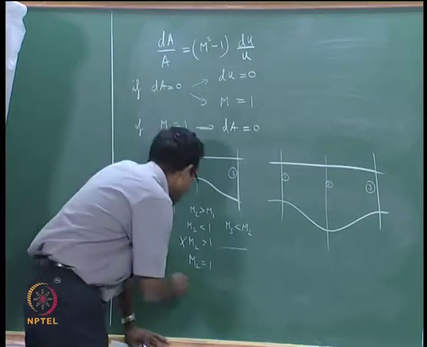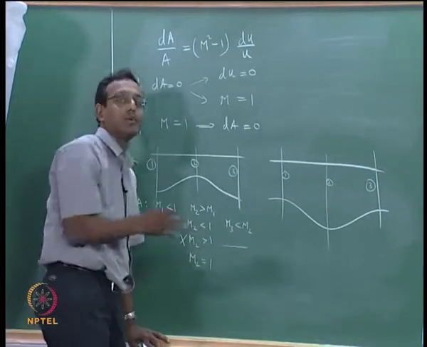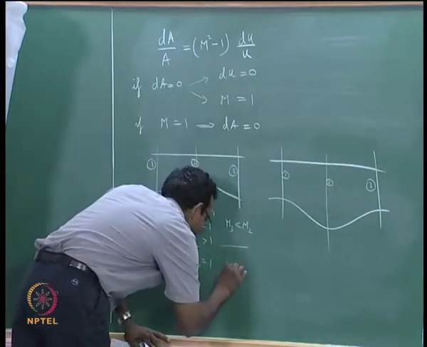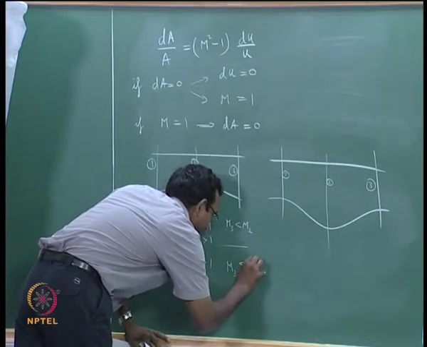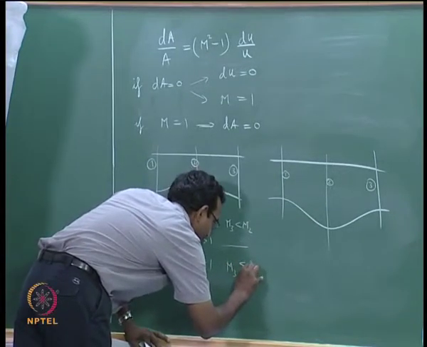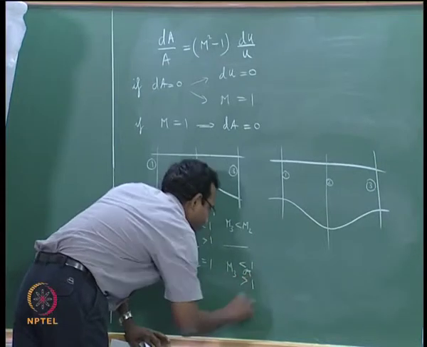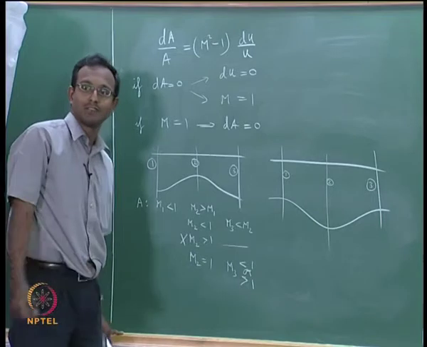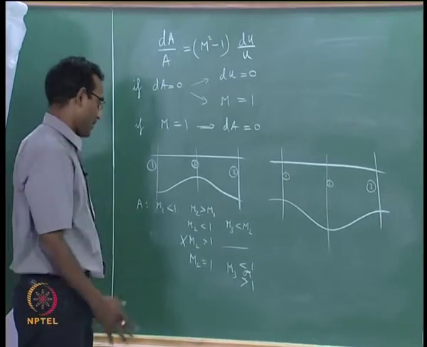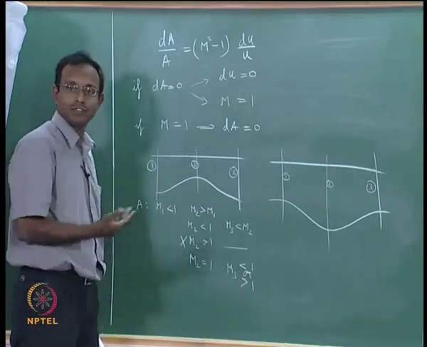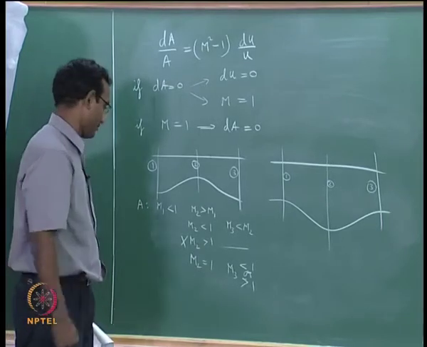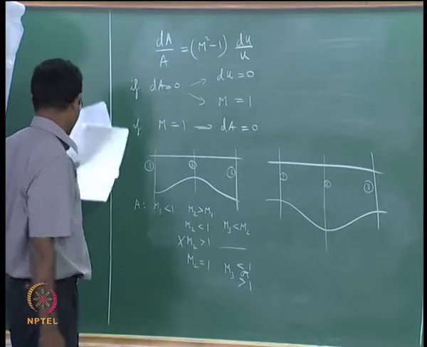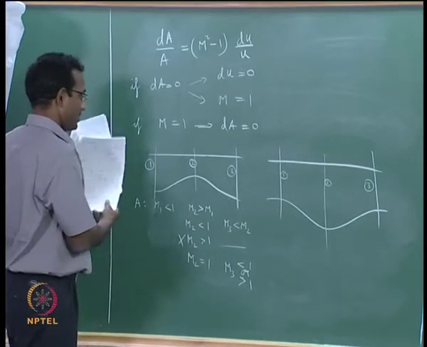All I can say is M3 will not be equal to 1, can be less than 1 or greater than 1. I cannot tell which one it is going to go, information is not sufficient as of now, because we are on the border between the 2 rows of data in the table. You have to figure out what can be done. This is one system I have.